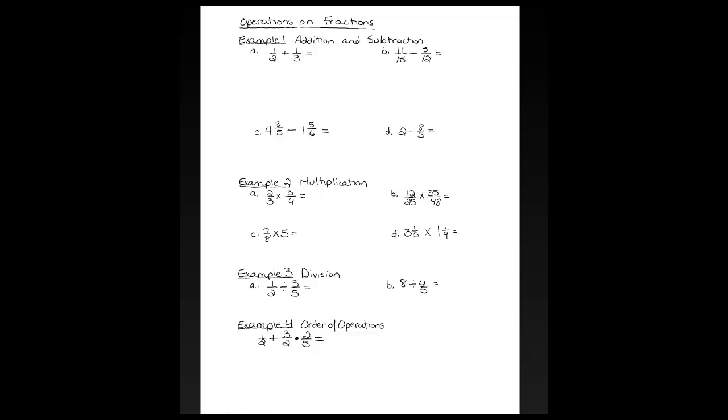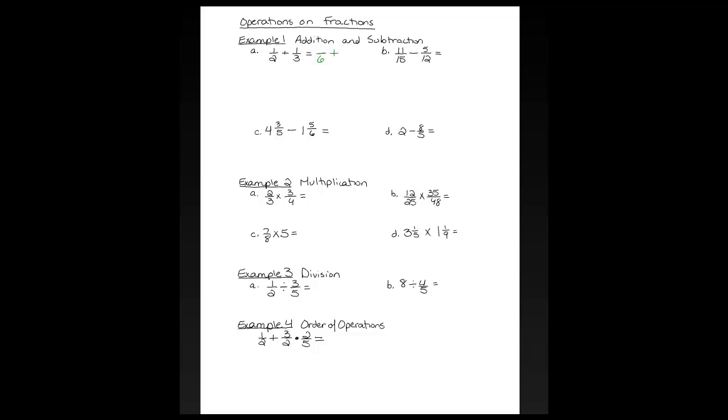Now, when adding and subtracting fractions, the key is to find a common denominator. You can only add or subtract two fractions if they have the same denominator. So looking at these examples, starting with 1/2 plus 1/3, our goal is to rewrite these fractions as equivalent fractions that have the same denominator. So looking at this, 2 and 3 are both factors of 6, so that is going to be our common